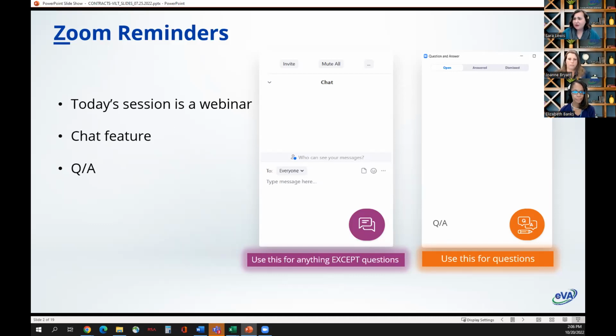Finally, we may have some folks that have what are known as Zoom aliases. That means folks that log in and don't put their name in. Zoom assigns you an alphanumeric code. Not a problem, but because I want to make sure that everybody that's on today's webinar is counted as having attended, I will message those folks individually to ask for your full name, and then I will rename you so I can make sure later when I go into mark attendance that you are marked as having attended.